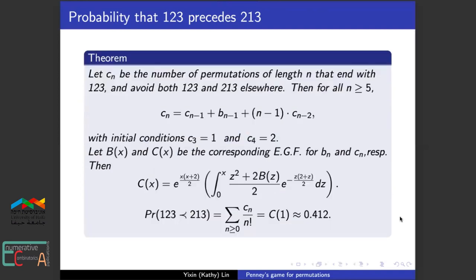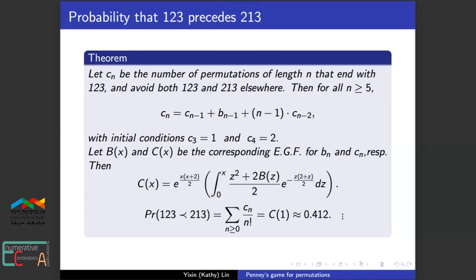Then using this number, we're able to compute the desired number, which is the number of permutations that end with 1, 2, 3 and avoid both 1, 2, 3 and 2, 1, 3 elsewhere. With this recursive form, if we let B of x and C of x be the corresponding exponential generating functions, then the probability is simply C of 1, which is about